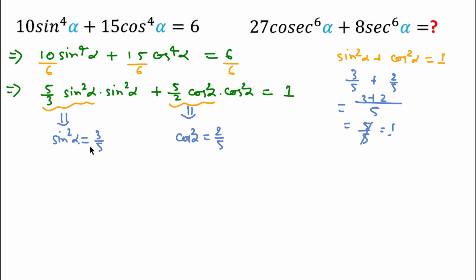So if sin²α is equal to 3/5, this means cosec²α equal to what? 5/3. And the same way we can say that sec²α equal to 5/2. So if we put the values here,